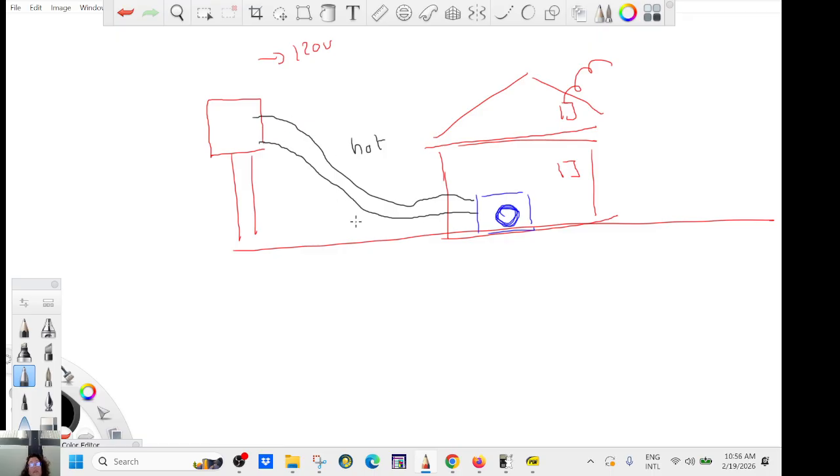The issue with that is that if you have lightning, zoom, what's going to happen? It's going to put your house on fire. So that's not good. So what they do is that they connect the return path to the ground. Okay, so this return path here at some point